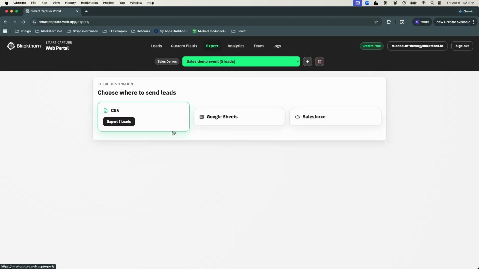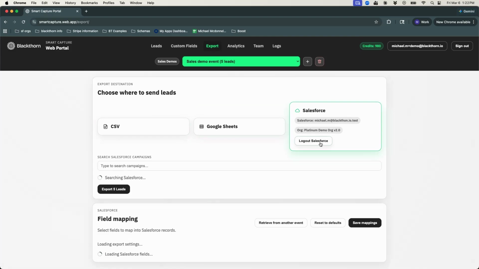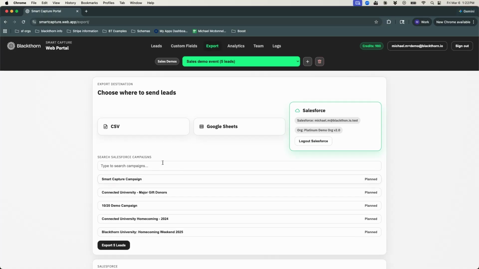But once we get to exporting, so we'll have all this information in this application. Now we need to export it. We have a couple of different options that are available to us. We can either export as a CSV, export into a Google Sheet, or we can connect it to Salesforce. So in this case, I am logged into my Salesforce org. It looks like it's taken a little bit of time to find the correct campaigns, but I could then click